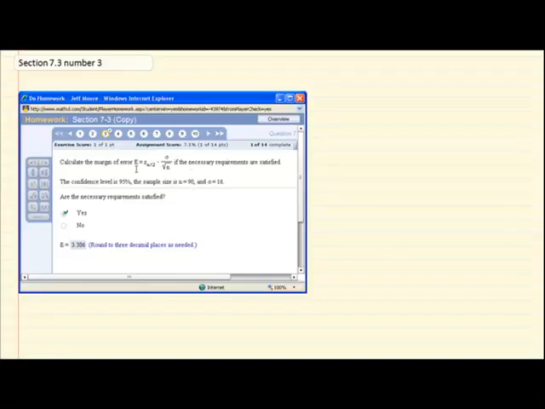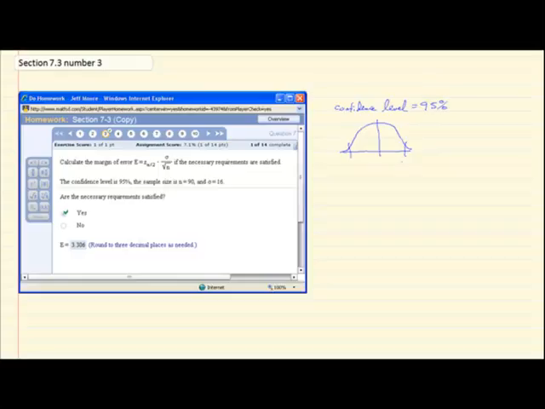Calculate the margin of error E equal to Z sub alpha over 2 times sigma over the square root of n if the necessary requirements are satisfied. The confidence level is 95%. Now, if we think about that for a minute, if we have a 95% confidence level, that means that between